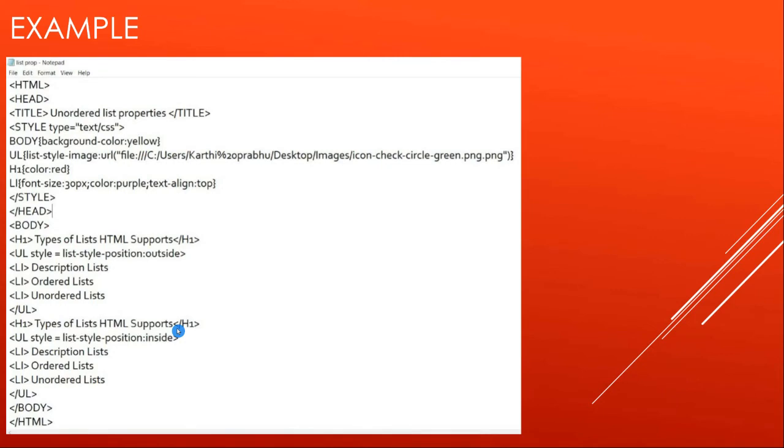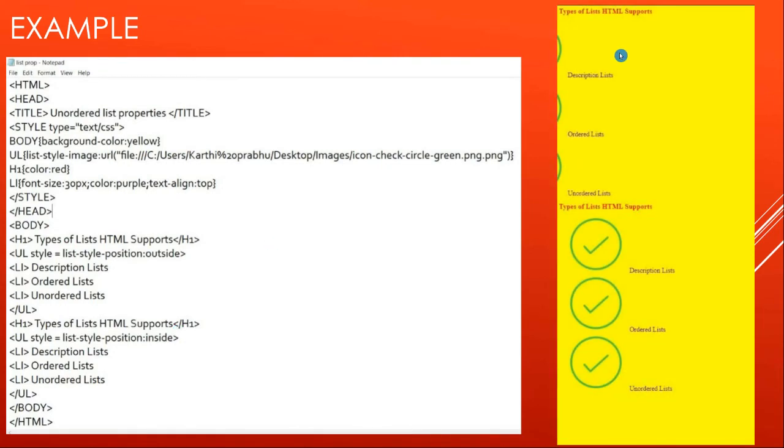Let me show you the output for this. Here I've got two different types. In the first one, I've inserted my image. I didn't depend on the basic bullets available in HTML itself. So it is not a disk or circle or square. I just inserted a different bullet, a tick mark within a circle. This is my new bullet.